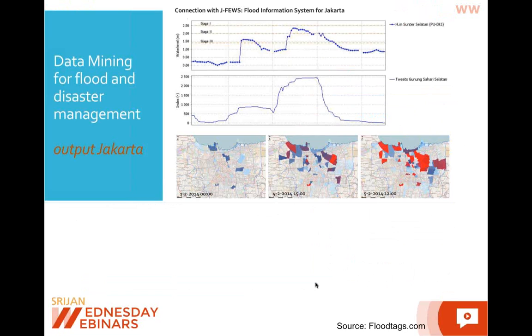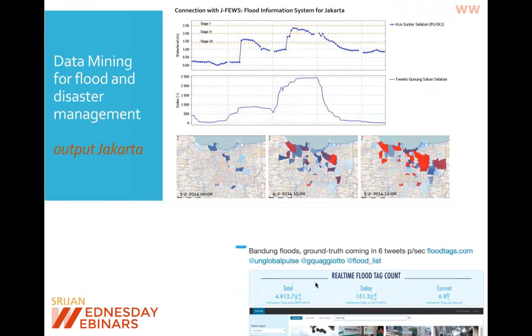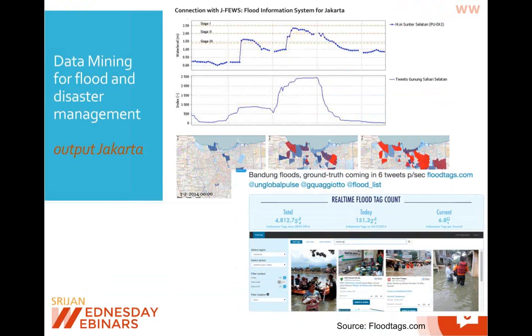Let me show you another example which is quite different, but equally interesting and a potentially disruptive business model. This is a startup which has a presence in Jakarta but is already active in 21 different countries. The startup is called FloodTag. What they do is use Twitter to ground truth data related to floods. As you know, flooding is a big problem in many big cities and also in rural areas. What FloodTag has discovered is that, particularly in countries like Indonesia where Twitter usage is quite high,